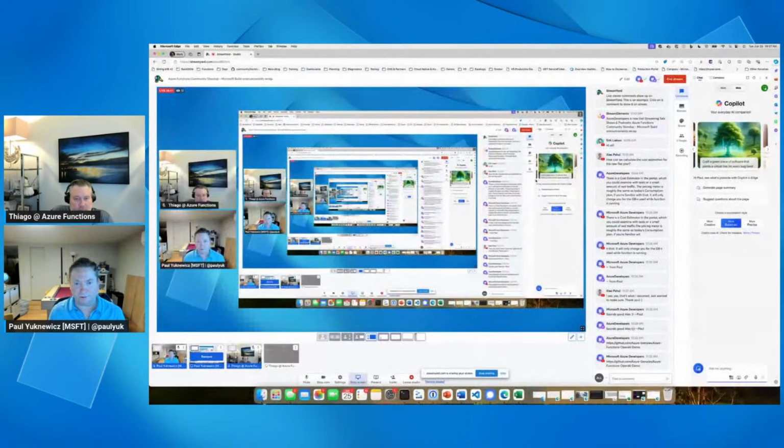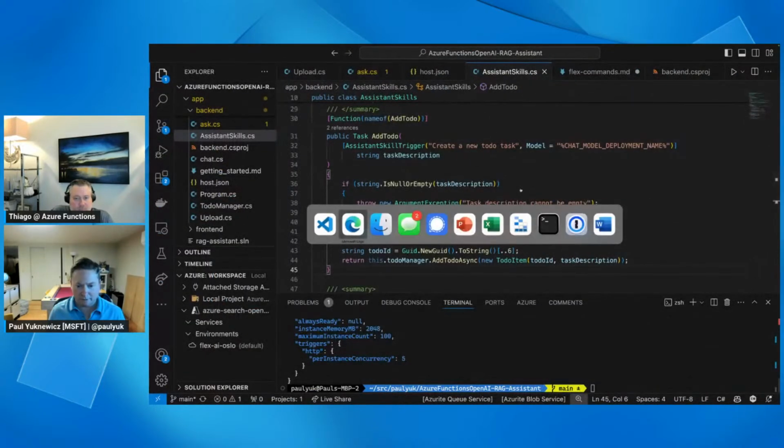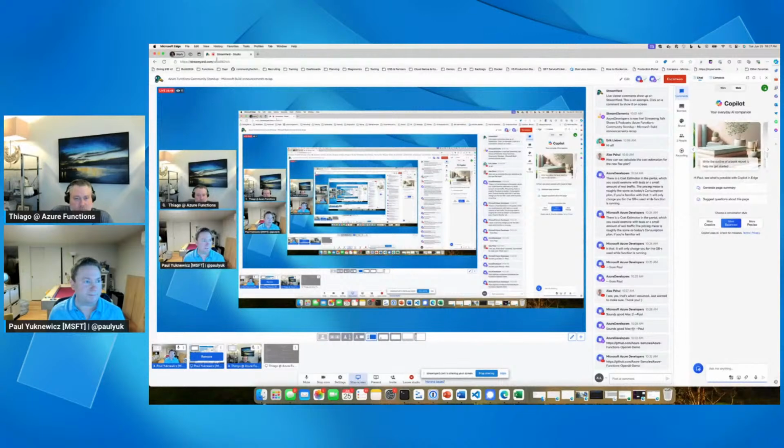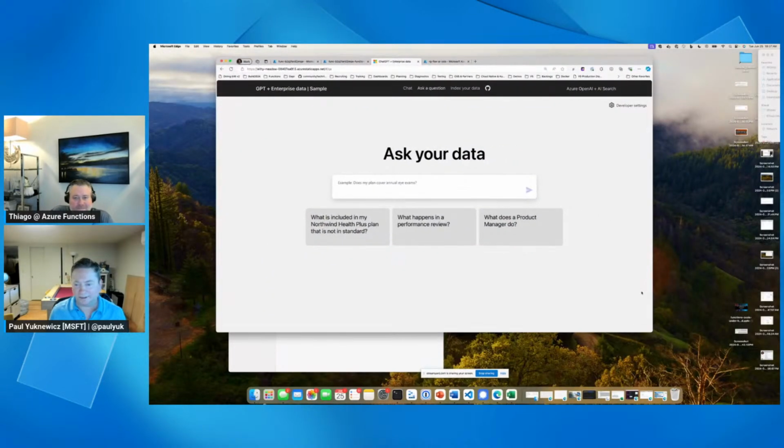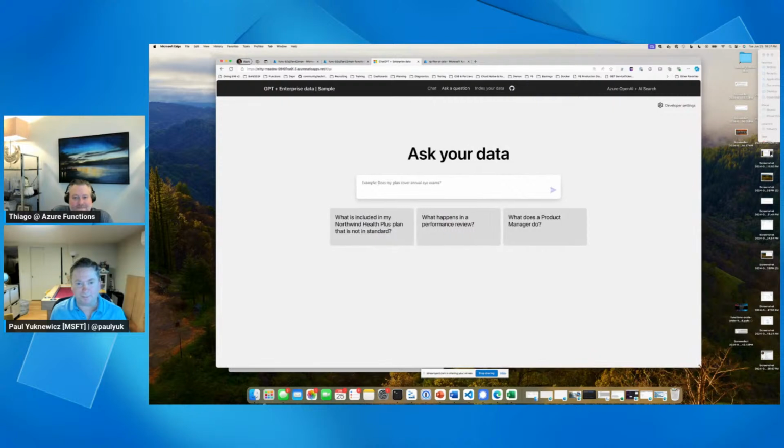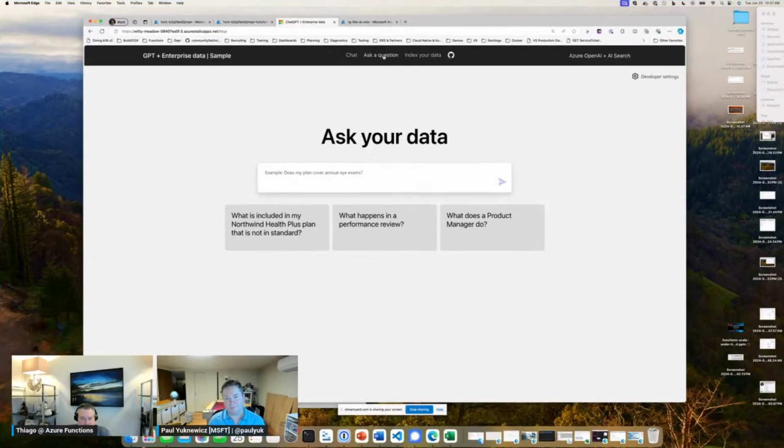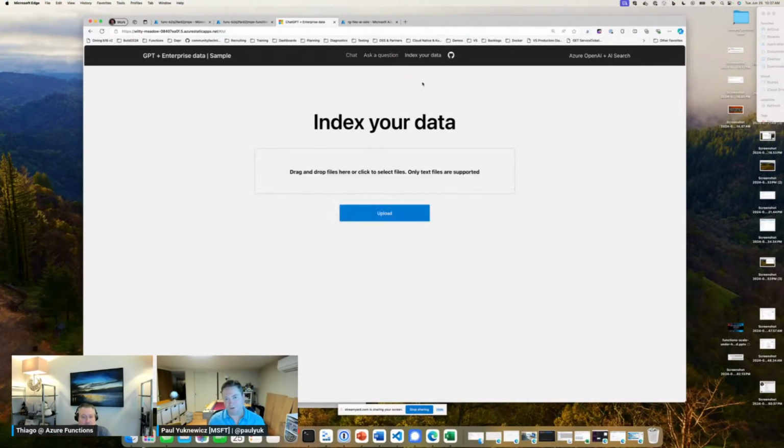Now I'm going to switch over to the browser, and let's take a peek at the demo. We don't want to look at that one. We want to look at this one. Okay, so I mentioned there's a static web app in the front, and it's a front end to the back end functions. So like we saw, there was a function for asking. This UI will help with that. And I also showed you uploading, and this part of the app will handle this.